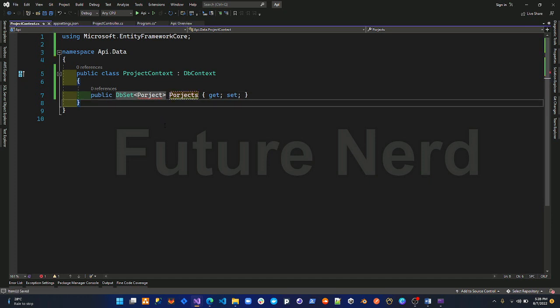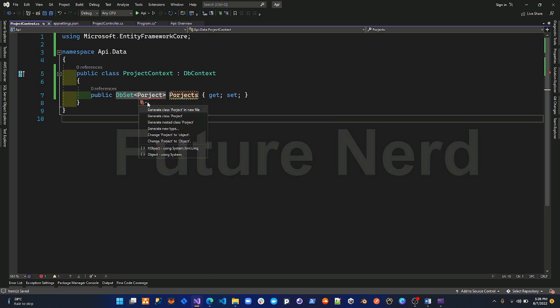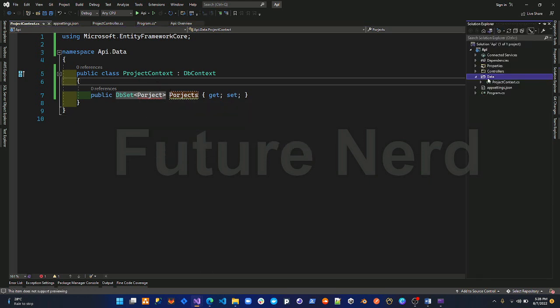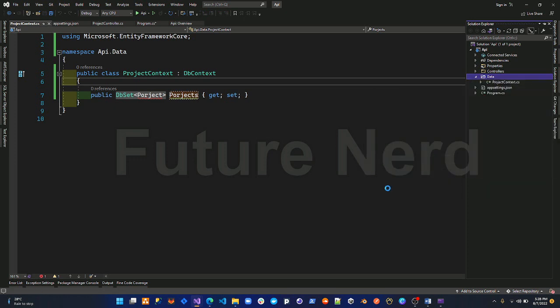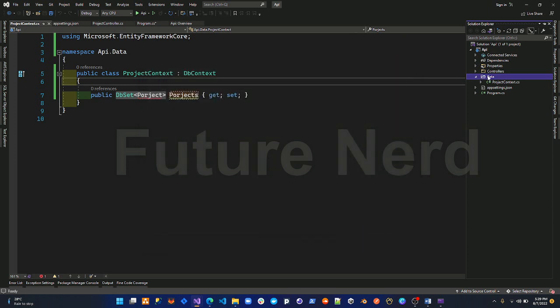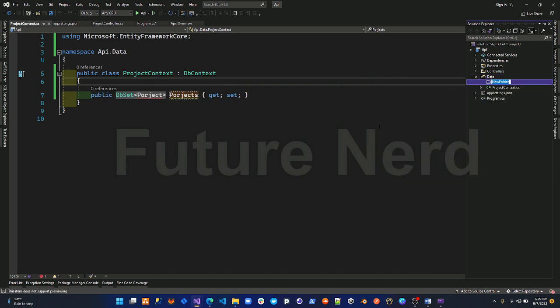And you can see that we have an error here, so we have to create a class for that project. So I will create another folder in the data folder. It would contain all the classes for our tables. I will add a new folder, and that would be models,